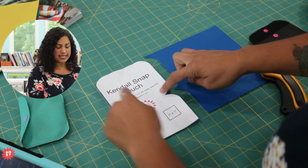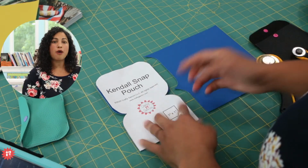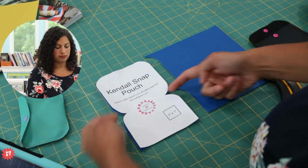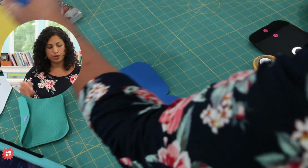And so these little tight spaces here, what I would do is actually take a pencil and trace this out, and then carefully take scissors to cut around those areas. That way you ensure that you're not cutting further in than you want to, okay? So after you cut out one or two,